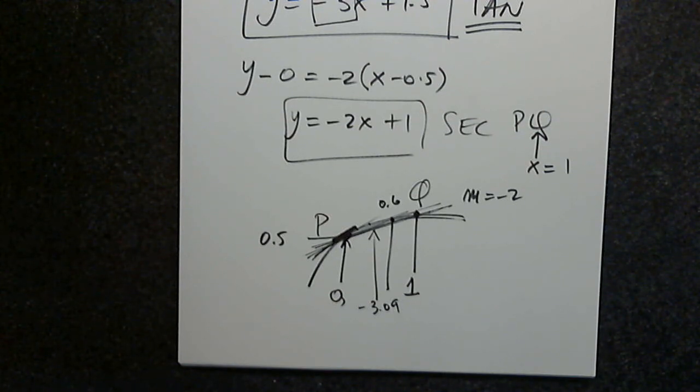Oh, I don't have the slope here anymore. I have to create the slope. I don't have the slope anymore. No, I can write it again. I can put it in. And I can even